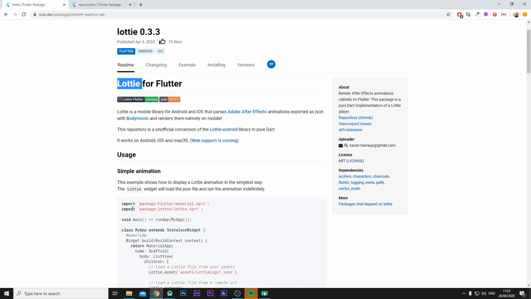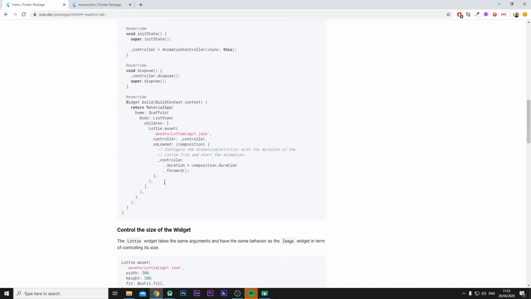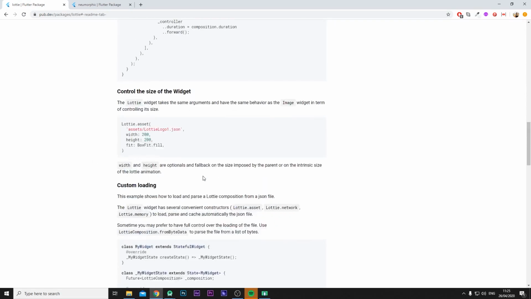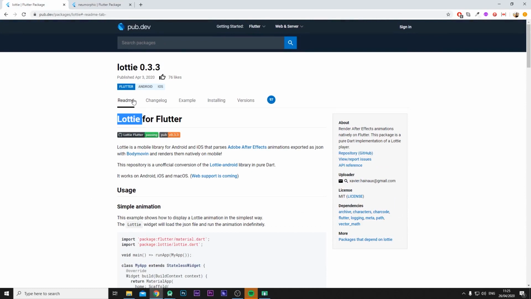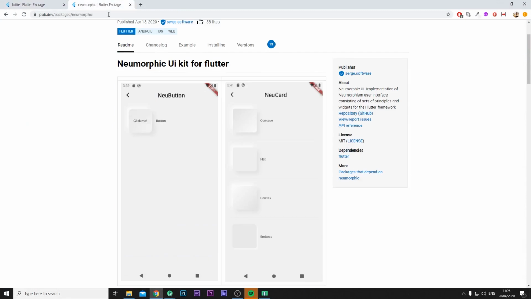It gives you the support to use the Bodymovin plugin, or that exported data from After Effects, in Android Studio. If you want to have a more detailed look at what you can do with it, feel free to have a look at the README page, but I'll explain most bits to get you started right away. Then the last package I'm using is something we're going to use for styling our buttons,